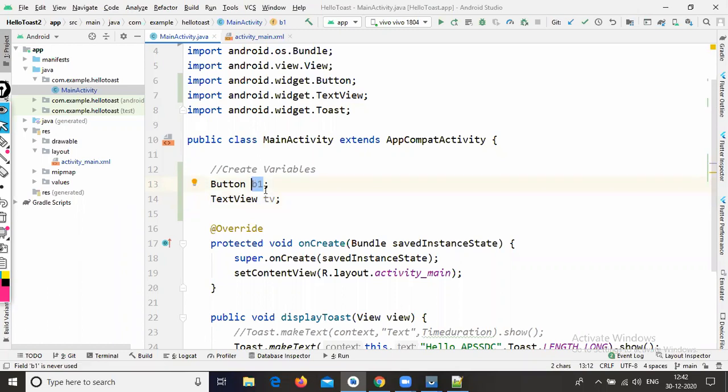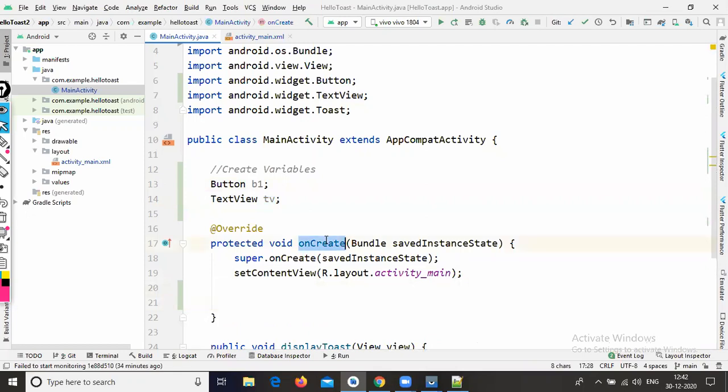We need to configure the ids inside the onCreate method. The onCreate method is automatically imported, since it is a predefined method.